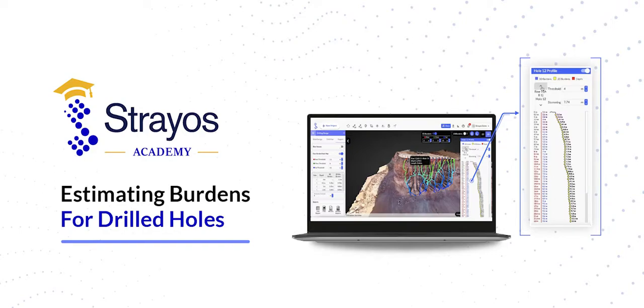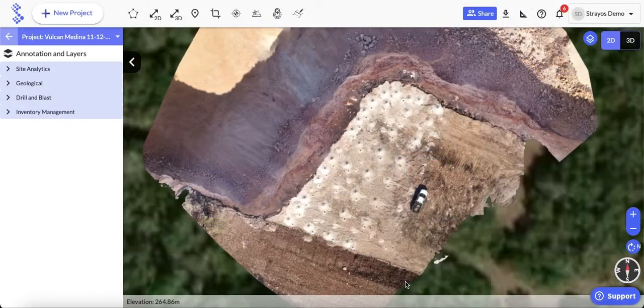I'm Brad Gyngell, and today I'm going to show you a quick way to estimate burdens for a shot that's already been drilled. Before we begin, I should say that the most accurate way to measure burdens is by bore